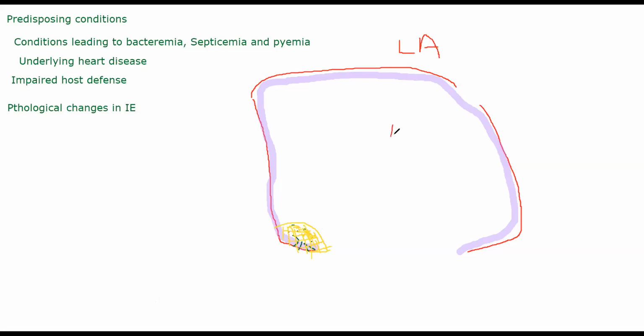Whenever a bacterium is coming like this, let's suppose this bacterium is traveling through your blood, once it comes across here, it will get stuck on this. It will take advantage of this damage and try to penetrate into the damaged area. It will go into the inflammatory area and lodge itself inside the endocardium, and it will start more inflammatory damage. Initially there was some person who already had some kind of inflammatory damage that was resolved, but some scar tissue was present there. This bacterium will try to attack that weak spot.